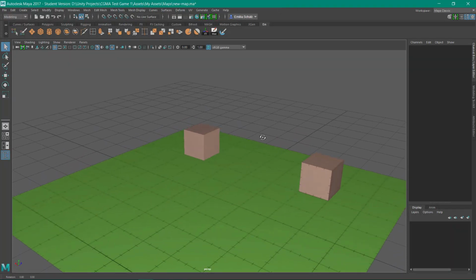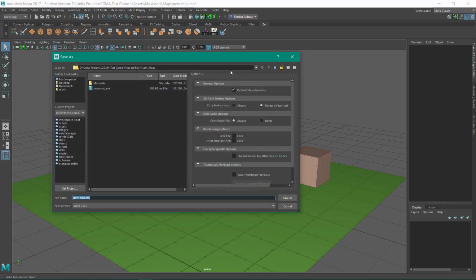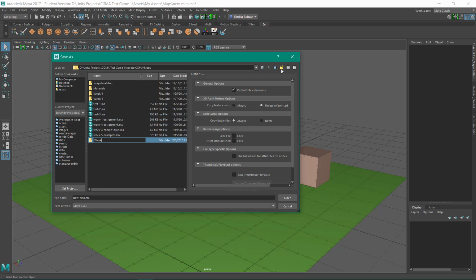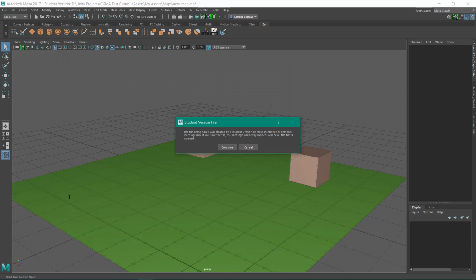So I'm going to start with the new map.my file, which you can find in the My Assets Maps folder. And this is just a Maya file set up with some easy to use shaders, as I showed you in lesson 1. And I'm going to go ahead and save it into the CGMA folder where I keep my maps. You go ahead and save your stuff into the My Assets folder. As the instructor, I'm saving in the CGMA folder. So I'm just going to save the Maya file here, week 4 assignment,